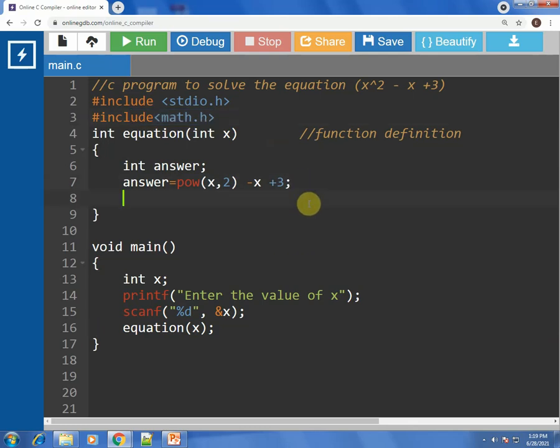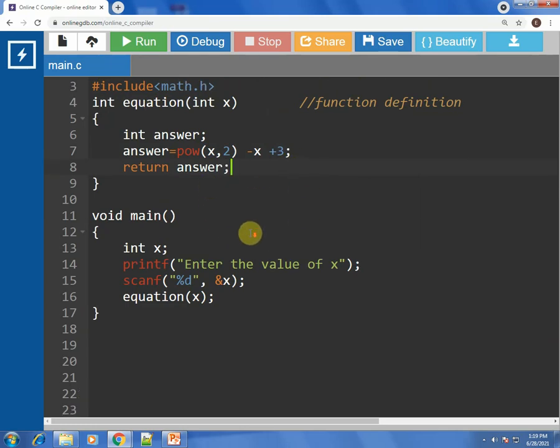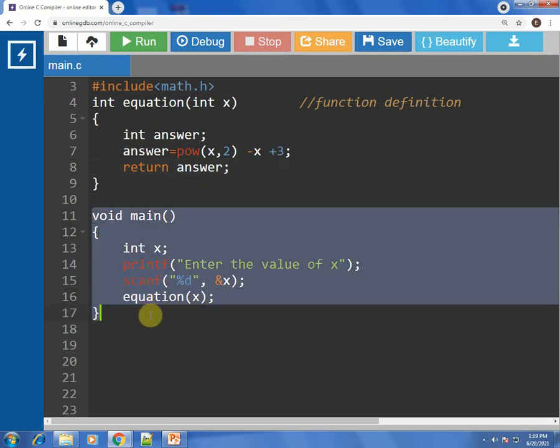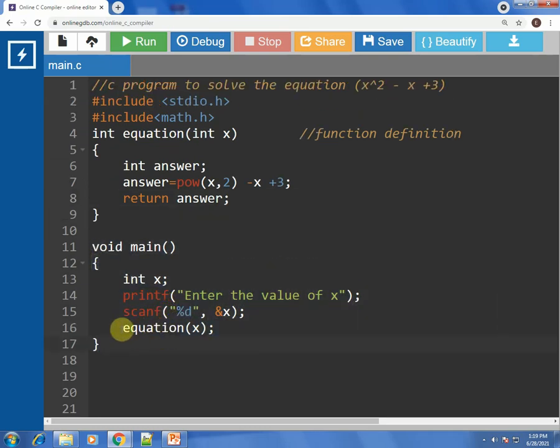After this, let us return the answer, return answer to the calling function. Which is the calling function? The calling function is the main function, which was calling this function equation. Let us store the answer in a variable, let's call it result, equal to equation, and then declare the result variable.